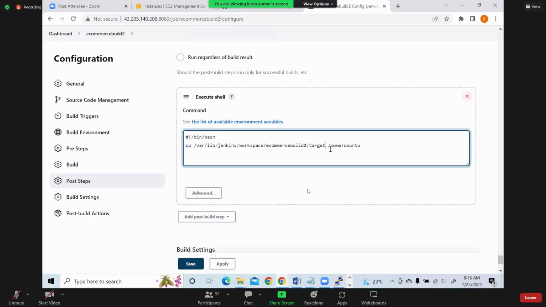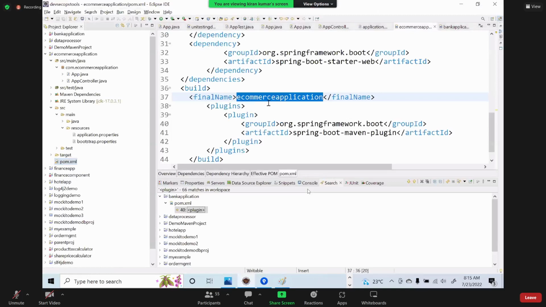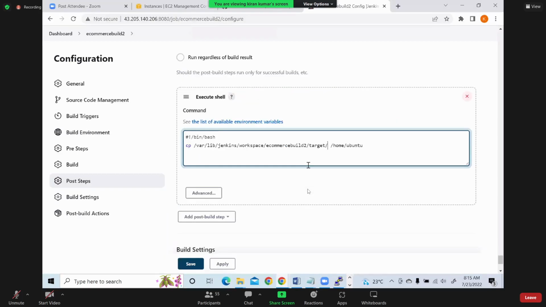And what is the jar I'll copy here? Slash. The name of the jar will be this one. This is the final name of the jar, right? So this is the name of the jar, e-commerce application dot jar. And here I'll say home Ubuntu dot. Fine. So then what I'll do is